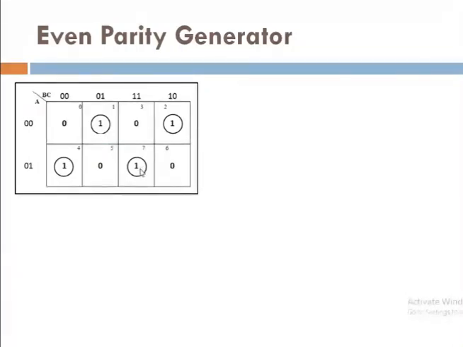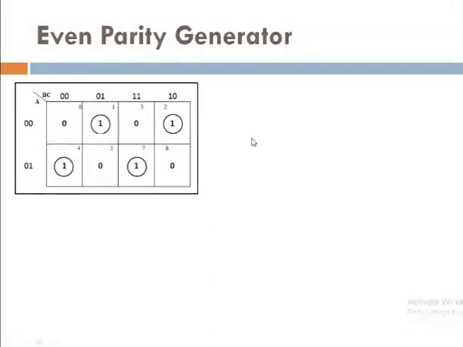Now here you can observe all these four cells. Their adjacent cells don't have any high values or don't care values. So we can have the group of individual cells. So here there are total four groups which carry individual cells. So if you calculate the reduced equation from this, how many groups are there? Four groups. So in the final equation we require four terms.